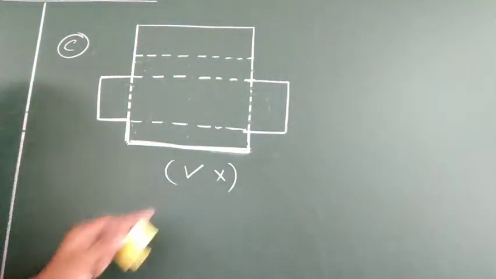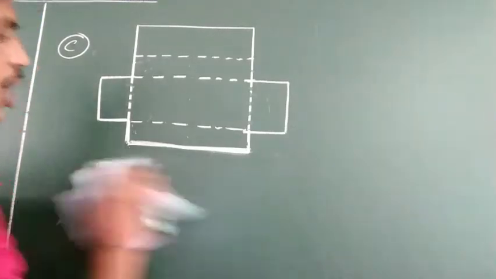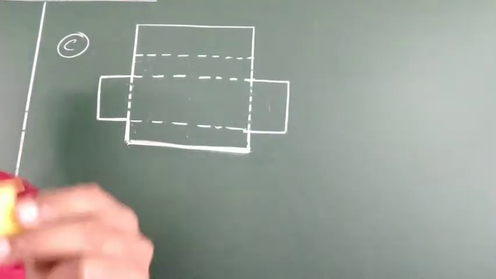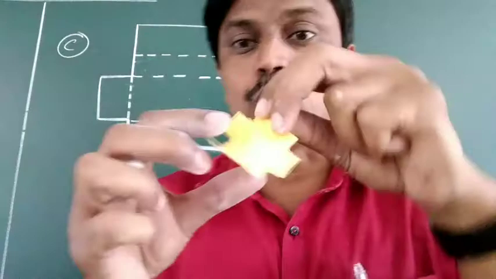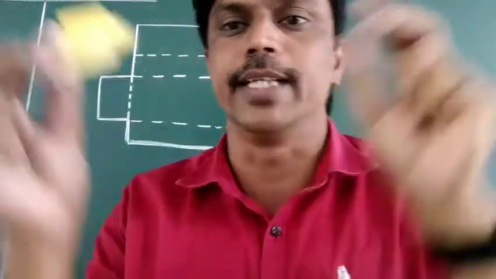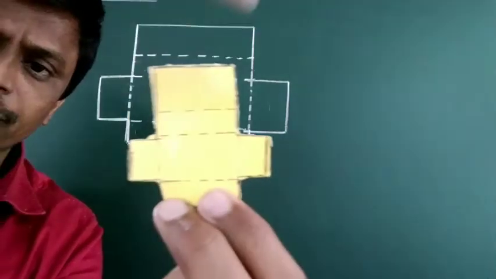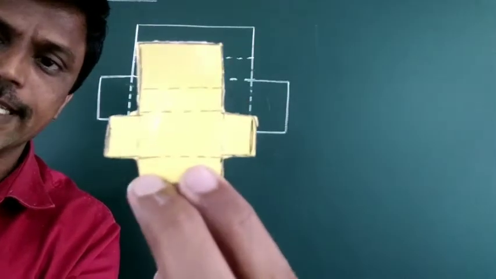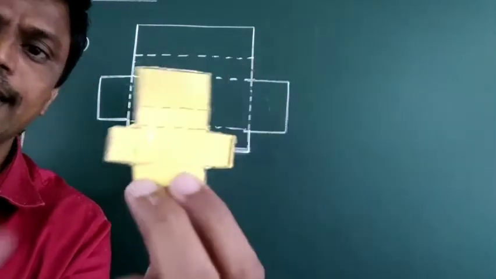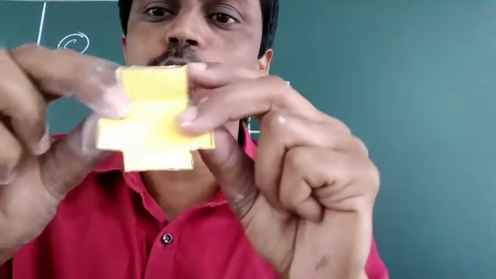It means if it is changing into a box or not, then now we have to decide. After folding, we have to confirm, we have to check, and then we have to decide whether it is changing into a box or not. So see, it is like this. Shape number C, it is like this, and this is a dotted line. See, try to fold from here.